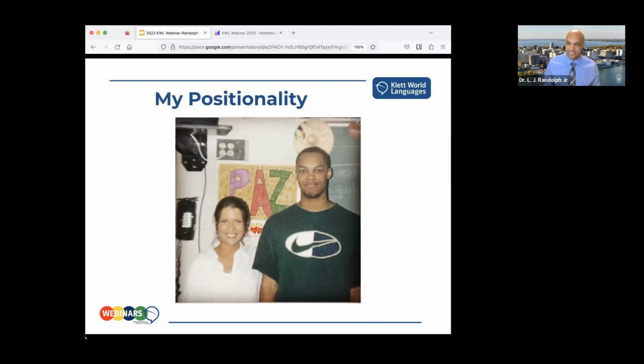And that's why diversity in our profession is so important, because other folks will look at justice from different perspectives than I will. And so that's why we need to have diverse voices at the table when we're talking about themes of justice. I don't wish to position myself as an expert. Just like all of you, I am also on this reflective journey. So to share a little bit about my teaching philosophy, I do think that social justice and language education are inextricably linked, and that's the way that I approach my teaching practice.